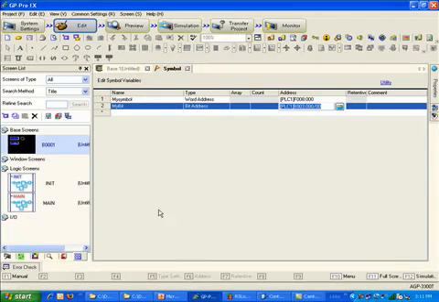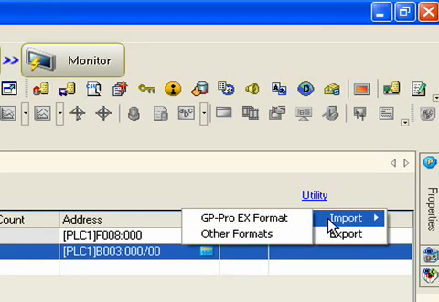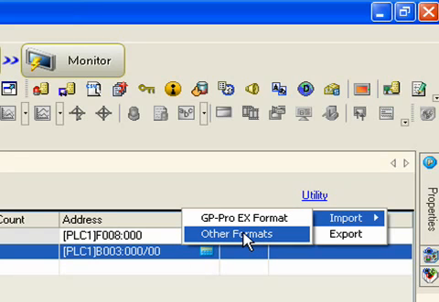Now you'll see that back in GP Pro EX there is actually a utility to both import and export, but if we look at the import, there is a GP Pro EX format which allows you to define a lot more fields. But when you're importing from another PLC, such as the Allen Bradley RS Logix 500, you can pass